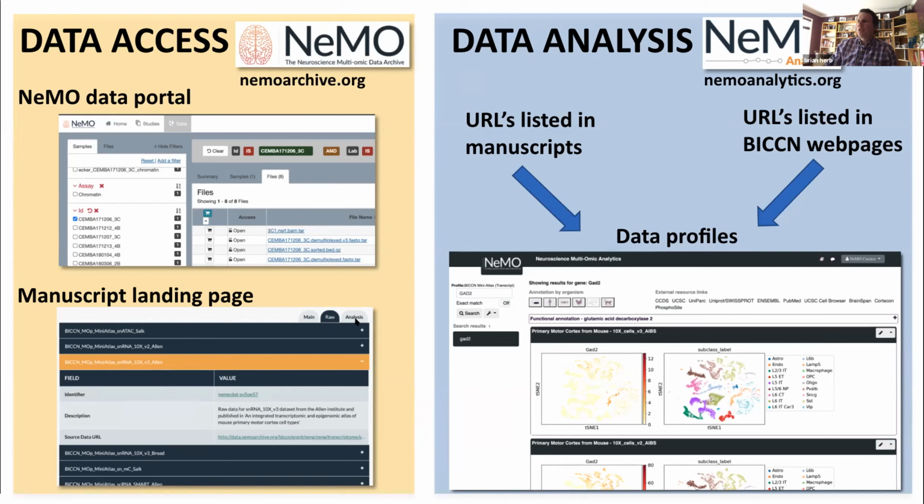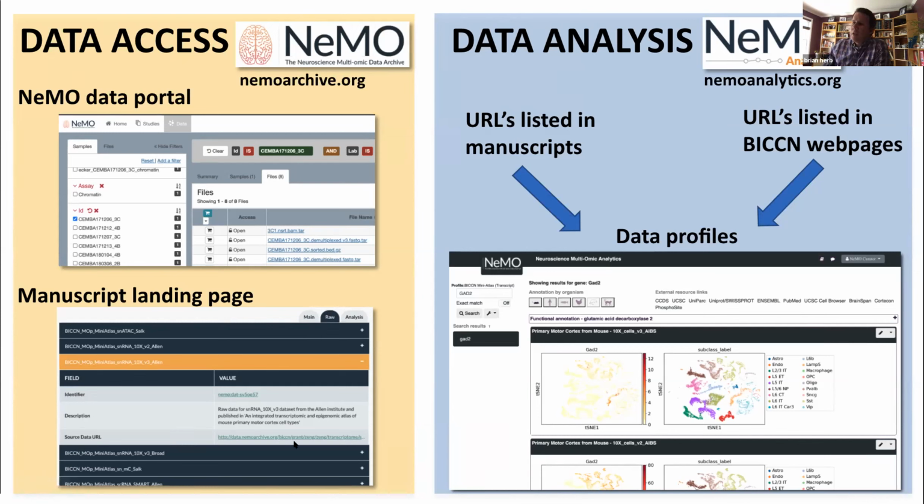The other nice thing is that we try to organize the analysis files as well. This is something that genomics up to this point has been a wild west of: what kind of data has to be submitted per paper. A lot of times it would be the raw data to SRA, but we're also trying to wrangle all that analysis data. If the paper concludes that this is a certain cell type, or this is the clustering map that we have for these cells, we're trying to capture that in the analysis files as well. That's super useful when you go and try to use that data for a new study.